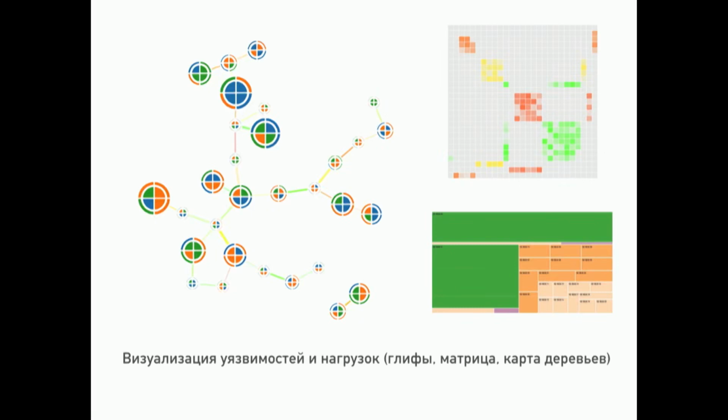How do we visualize the metrics? You can add glyphs to it. So here is a circle, the current scanning result. The left hand side, the right hand side denote the vulnerability, which equals 9. The outer part is a result of the previous scanning, a typical state of the network, and